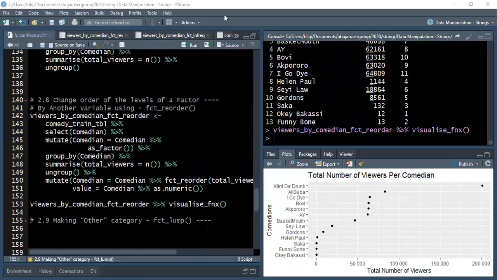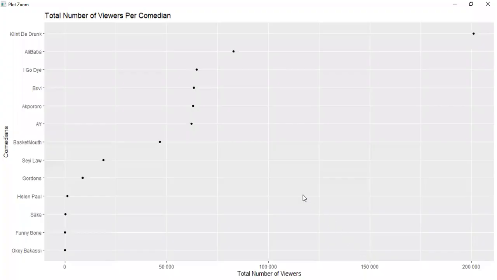Let me share the Zoom screen so we can see that everything is now reordered. If you can look at it, you can see my screen now. We have everything reordered from the highest down to the lowest again. So that's the beauty of using the fct underscore reorder or factor underscore reorder function within the